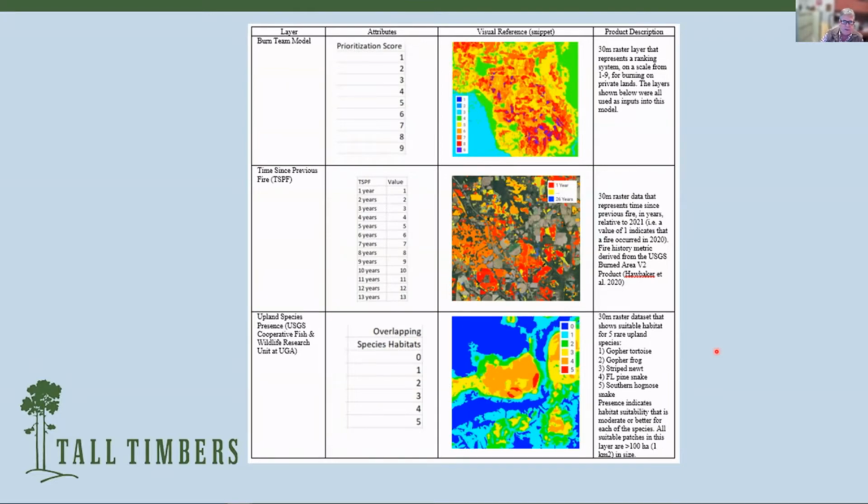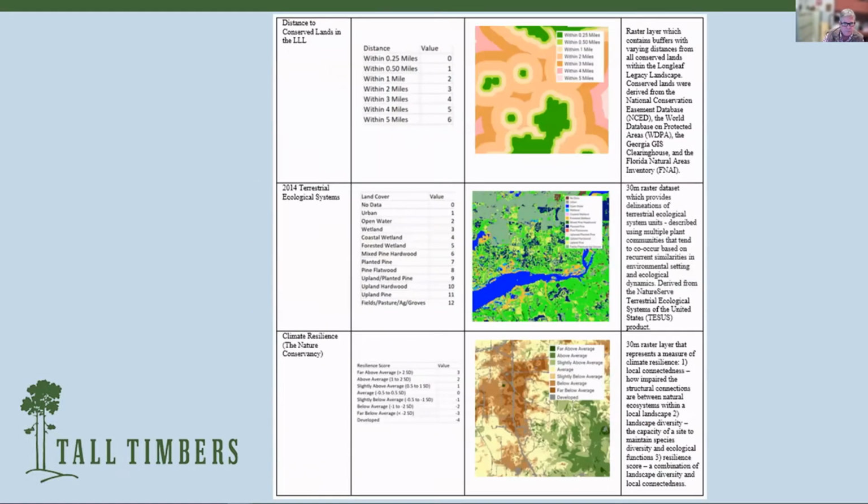So within this, this top part here is the actual results from it. We are using the fire history metrics, time since previous fire. We may add some different fire history metrics to this. We're using upland species, this is Crawford et al., USGS, using five different fire-dependent species here: gopher tortoise, gopher frog, striped newt, Florida pine snake, and southern hognose. Also using distance to our existing conservation lands,